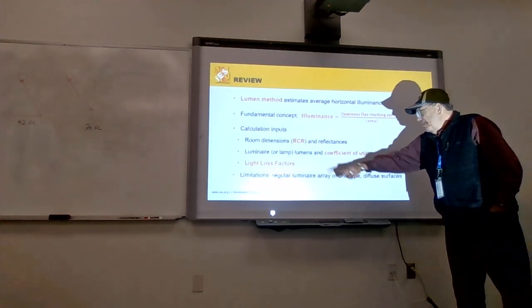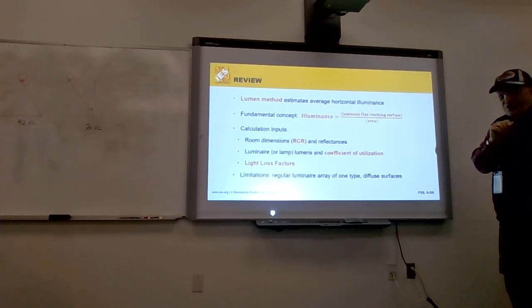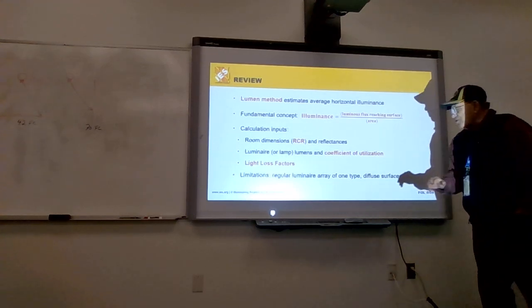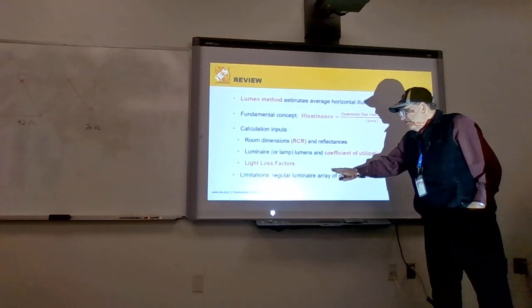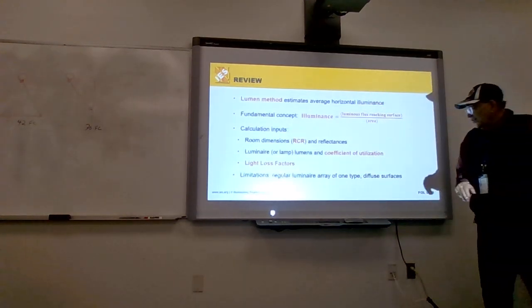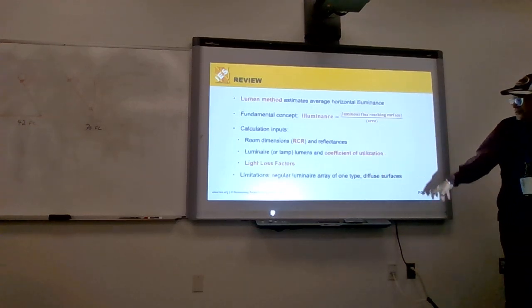The luminaire lumens or lamp lumens, we're going to use a fluorescent fixture as the example in this exercise. And the coefficient of utilization, we're going to have to figure out what the light loss factors are. So the limitations are a regular luminaire array of one type, diffuse surfaces,